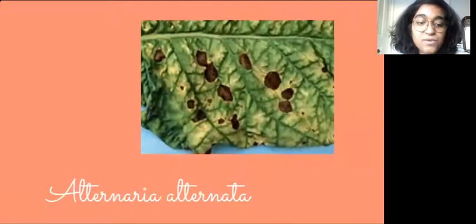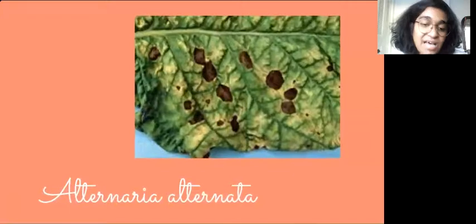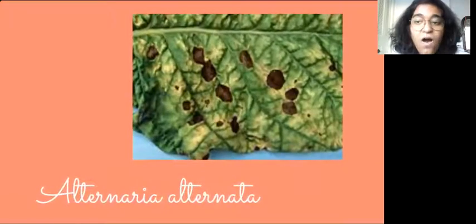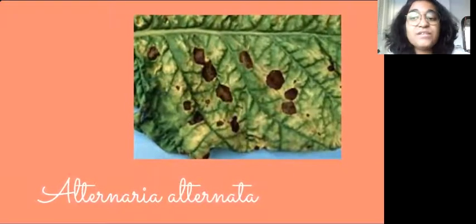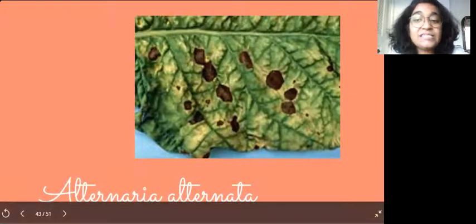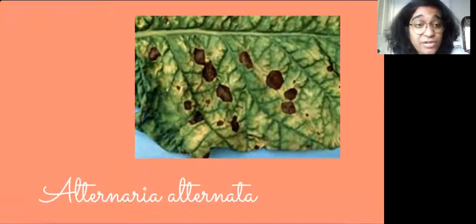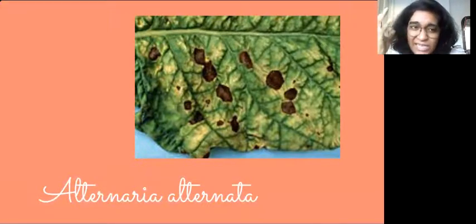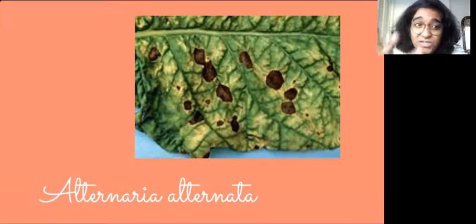The next one, Alternaria alternata. Alternaria alternata has been recorded infecting over 380 host species. It is an opportunistic pathogen. Just imagine, if it is opportunistic, that means it is an infectious agent causing